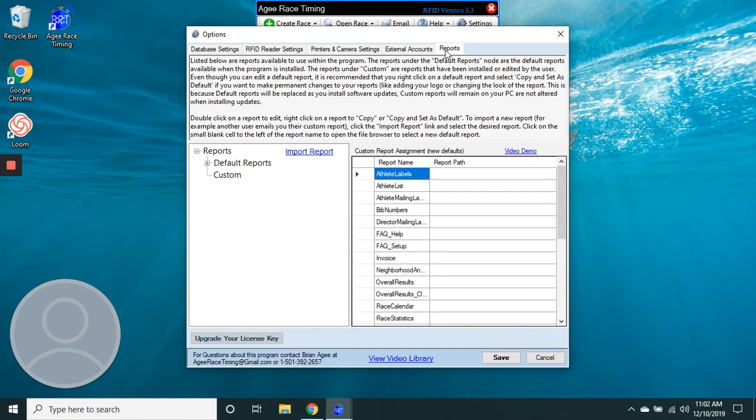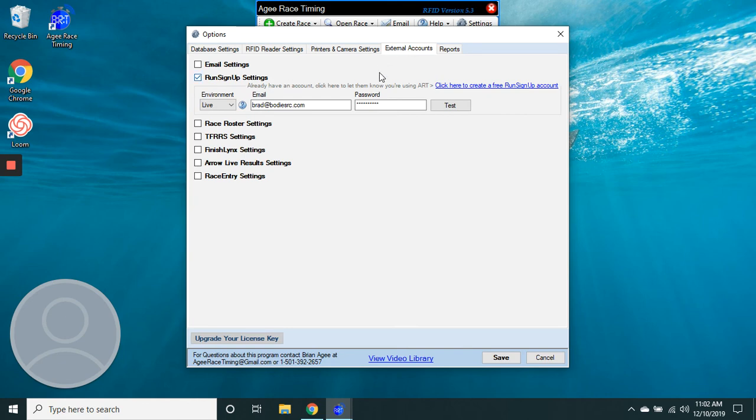This last tab is a reports tab. We don't use this in Agee. It's got some nice customization to it, but we use Run Signup for all of our data. So that is how we set up our